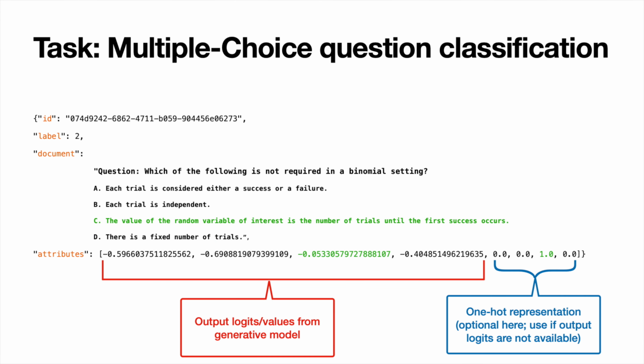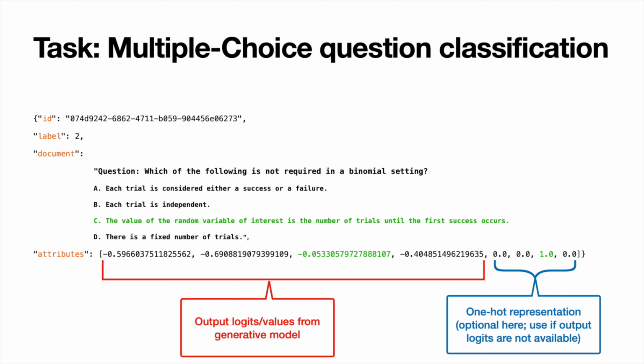Our demo task will be predicting the correct answer from multiple choice questions. These correspond to questions from a wide variety of subjects at the high school and college level. Here's an example of one document from the JSON lines input file. A link to the preprocessed data is included in the video description. This includes a unique ID, the label, which is a number from 0 up to and including 3, corresponding to each of the 4 answer choices A, B, C, and D, and the document text that is taken as input